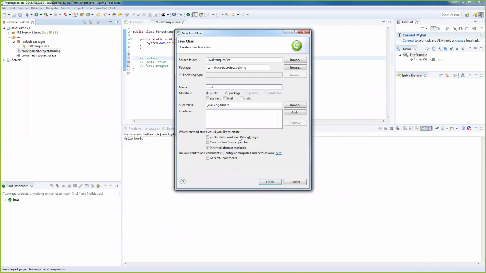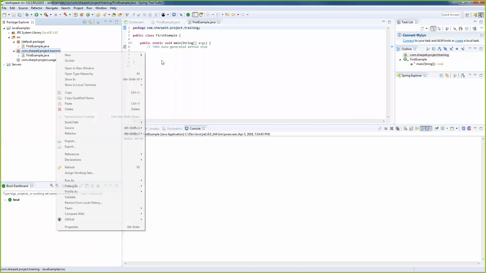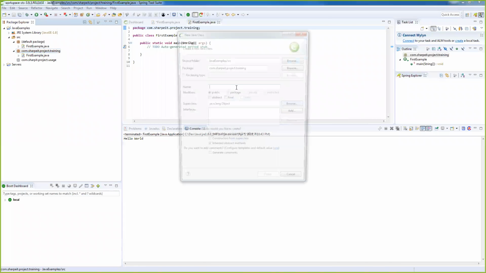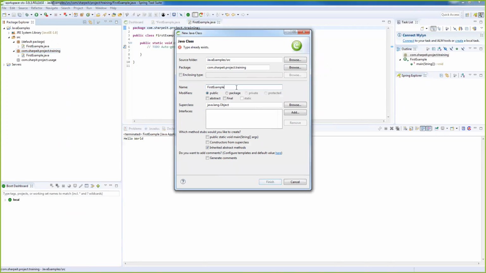First Example. Now I create another class in the same package and I want to give the same name. Type already exists. You see the error here? You cannot create the same class within the same package. That means